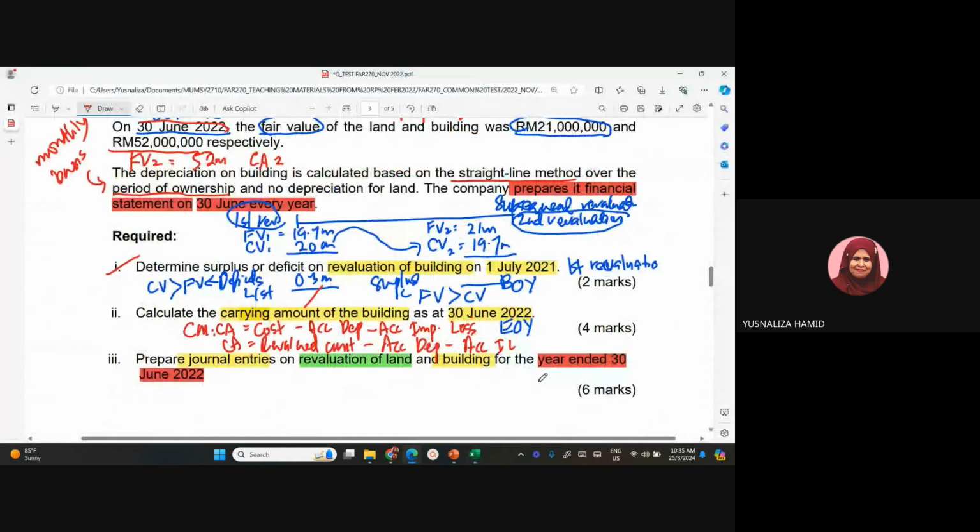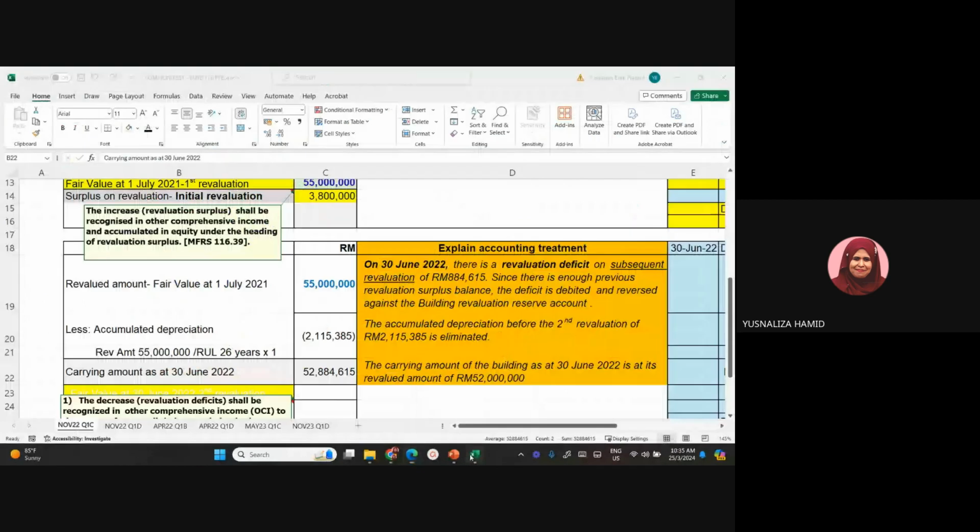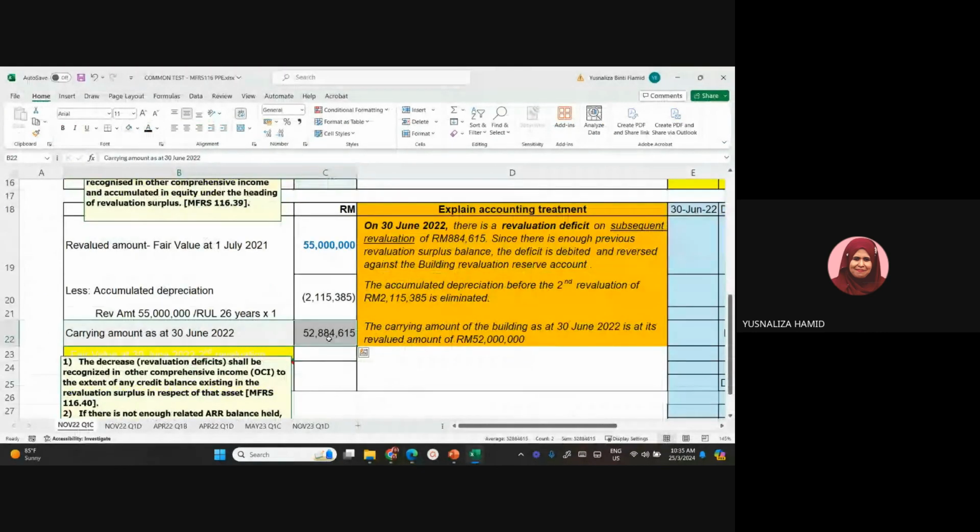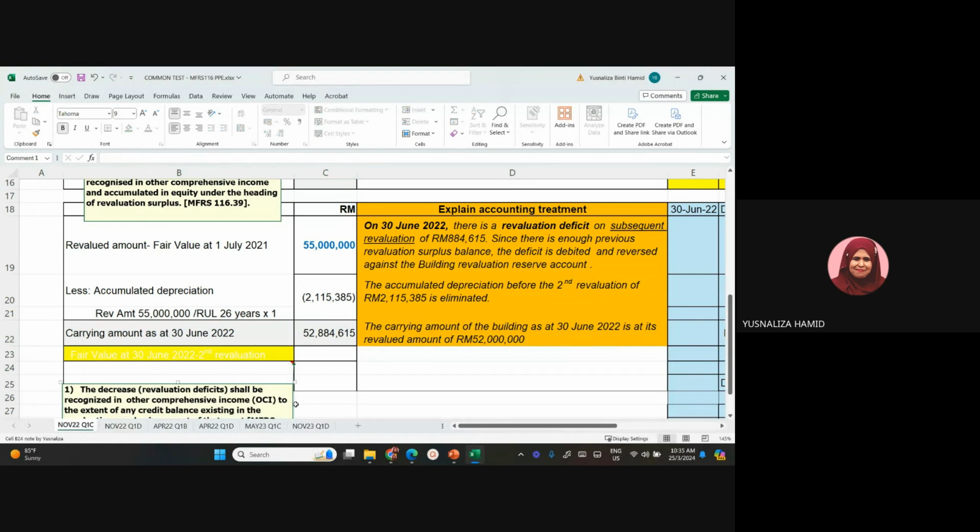This requirement here, number 2. So you have 4 marks already for that particular calculation. 4 marks and 2 marks are secured. So that carrying amount calculated here is 52.884615. However, what you need to take note is that you also need to do the journal entry